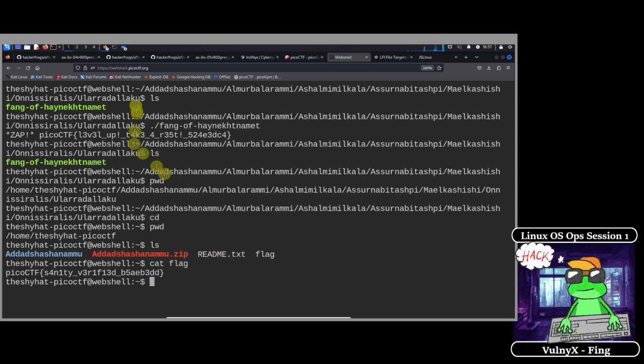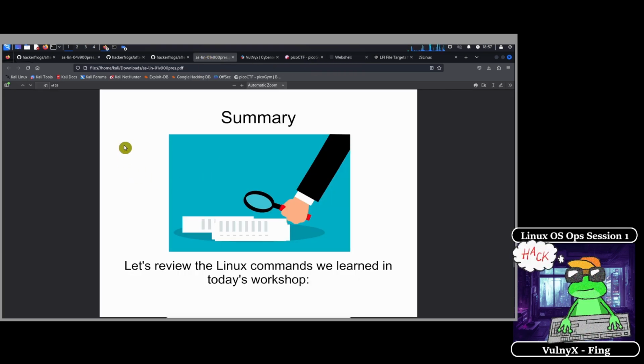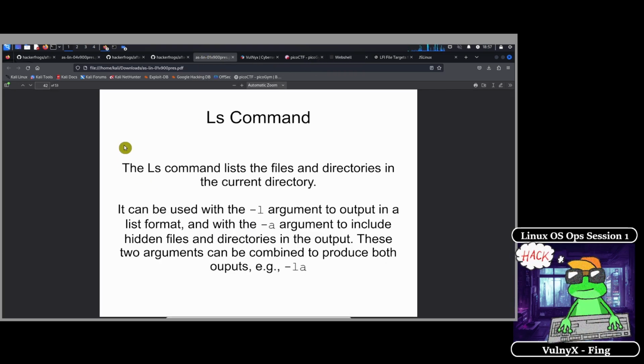Okay? All right, so let's do a quick summary of the commands that we learned today, and then we'll finish off today's session. So we learned about the ls command. The ls command lists the files and directories in the current directory.